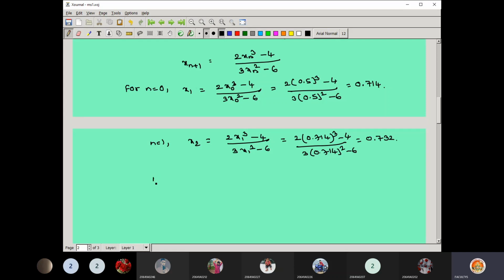Better you go for the next approximate root, n equal to 2. If I write n equal to 2, so that you are getting x3 equal to, same in the formula you are substituting, 2 x2 cube minus 4 divided by 3 x2 square minus 6. So 2 x2 means 0.732 whole cube minus 4 divided by 3 into 0.732 whole square minus 6. So again you can use it. So the value I am getting